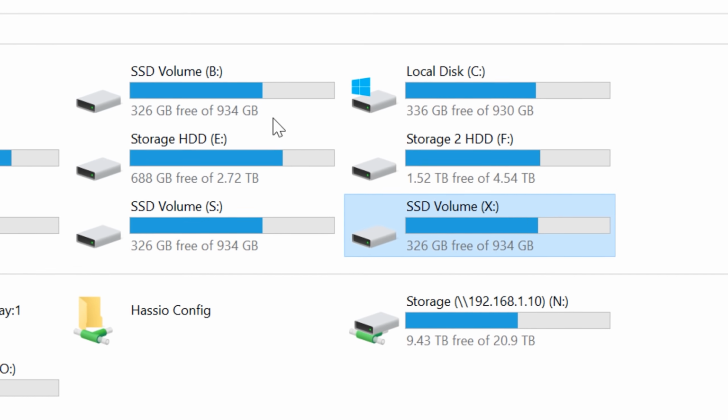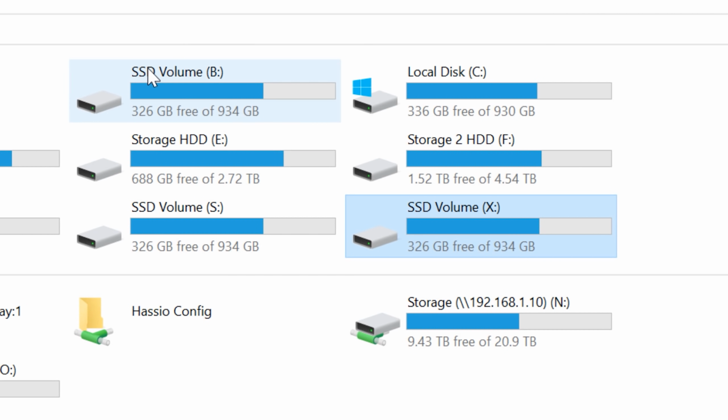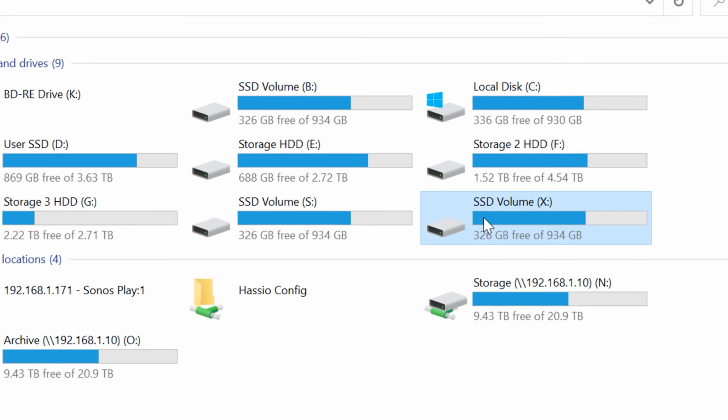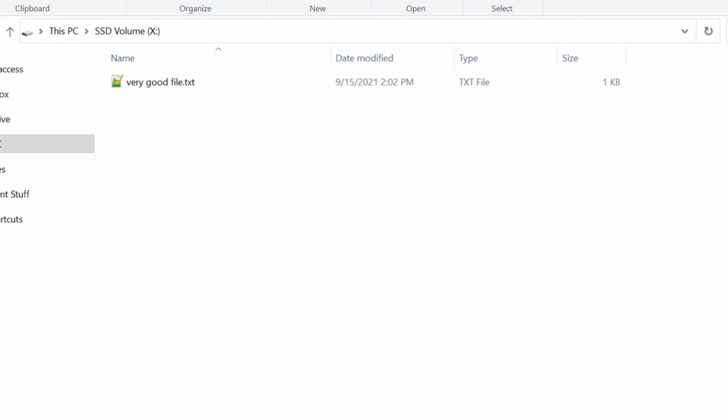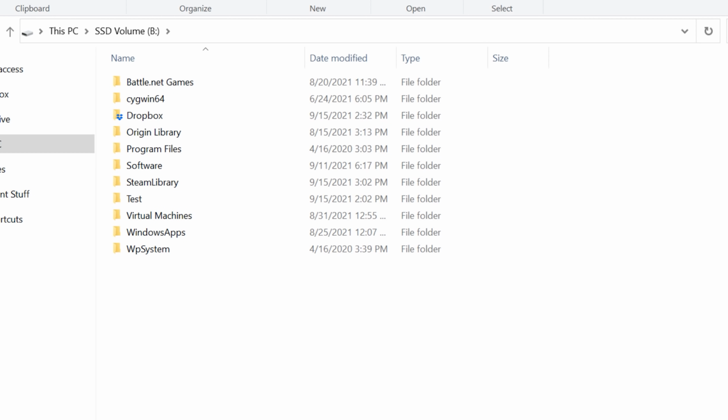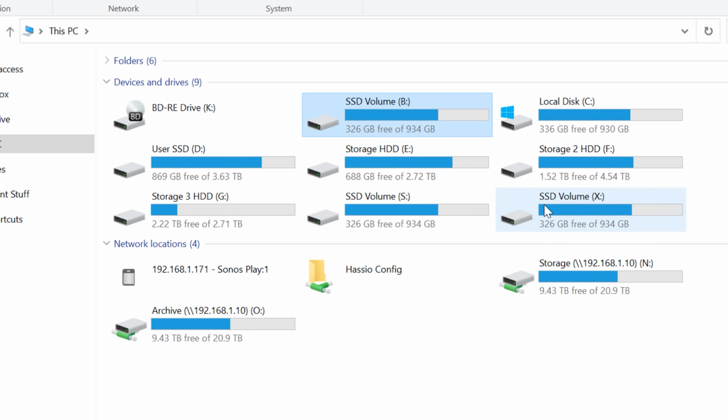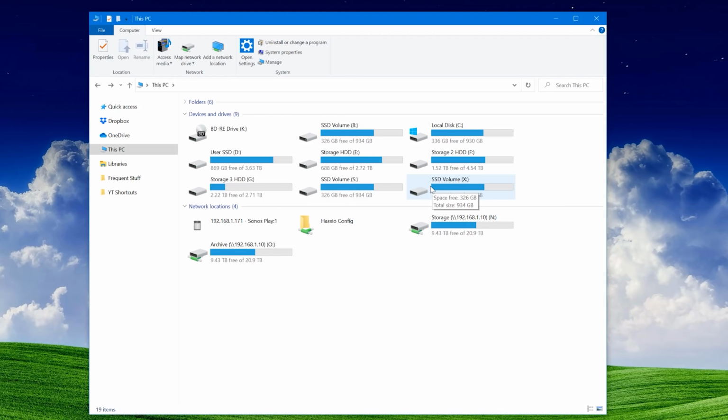So you'll notice how this took the name of the root letter drive of what we went into. Even though this goes into the test folder, it didn't get named as test. So that's one thing that you might not like. The other command I'll talk about will allow you to rename it, but we'll get to that in a second. So let's go over two ways to actually make this persistent through a reboot.